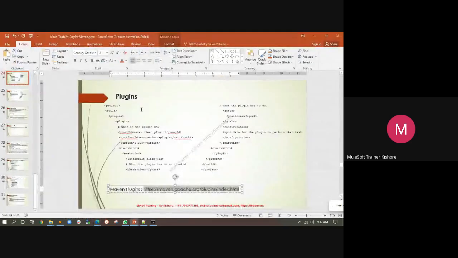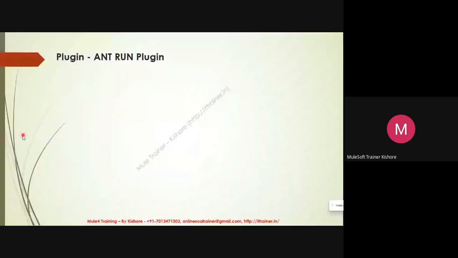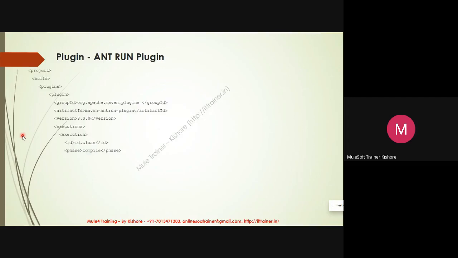I'm trying to explain one plugin. Till this point, we are still in Maven. We never entered into Mule. Once this plugin is done, there is a plugin for Mule called the Mule Maven plugin that we will discuss. That is the linking for your Mule. So you are configuring the plugin: my Antrun plugin, group ID, artifact ID, and version.